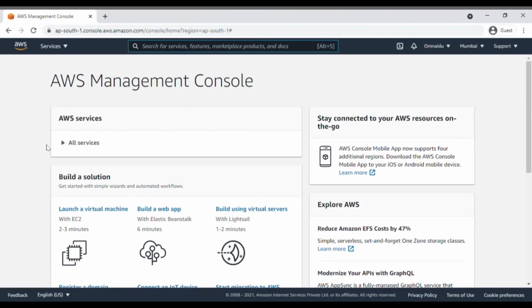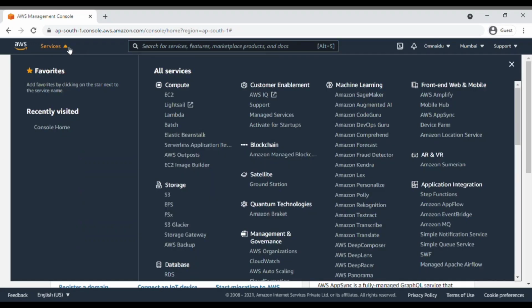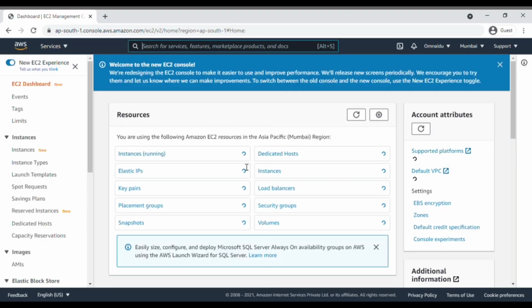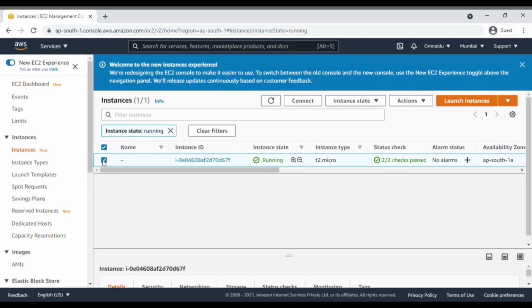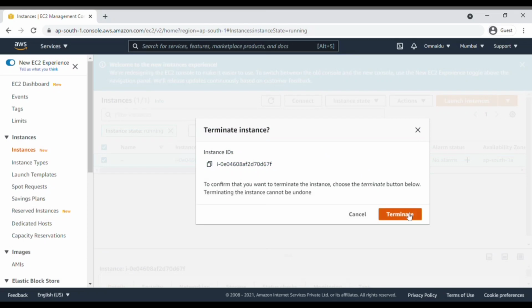Now I am going to show you how you can delete your hosting server or delete any resources that your hosting is using. By chance, if you want to delete your free hosting because of an error or your free trial has ended and you want to just delete your server, then make sure you watch this part. First, on the top right corner, click on Services, click on EC2. This is your running services. Simply click on Instances, select the server, select Instance State, and click on Terminate.